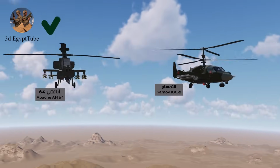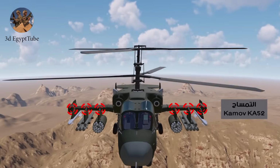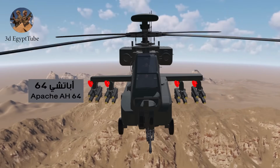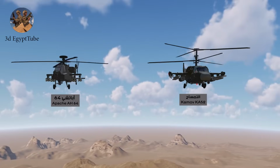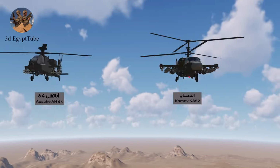Now let's move to the heavy hitters, the missiles. The KA-52 is a true beast when it comes to missile payloads. With 6 hardpoints on its wings compared to just 4 on the Apache, it can carry a wider and more versatile range of weapons. Its arsenal includes